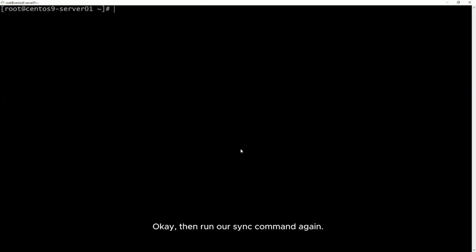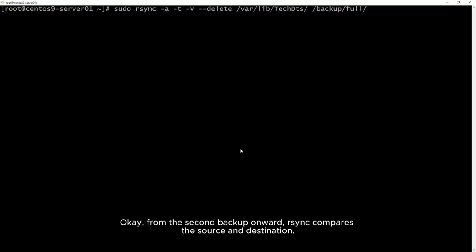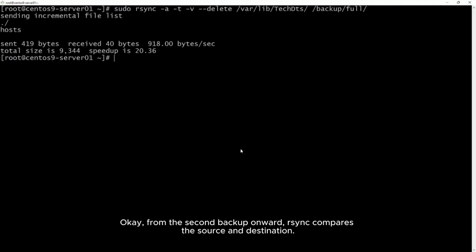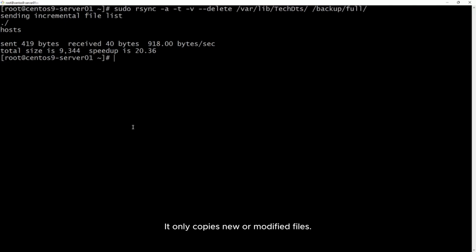Then run the rsync command again. From the second backup onward, rsync compares the source and destination. It only copies new or modified files.